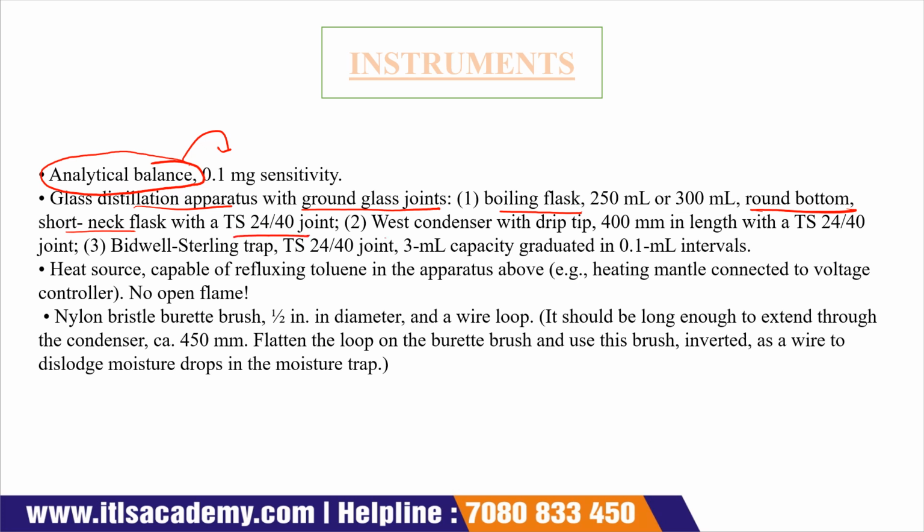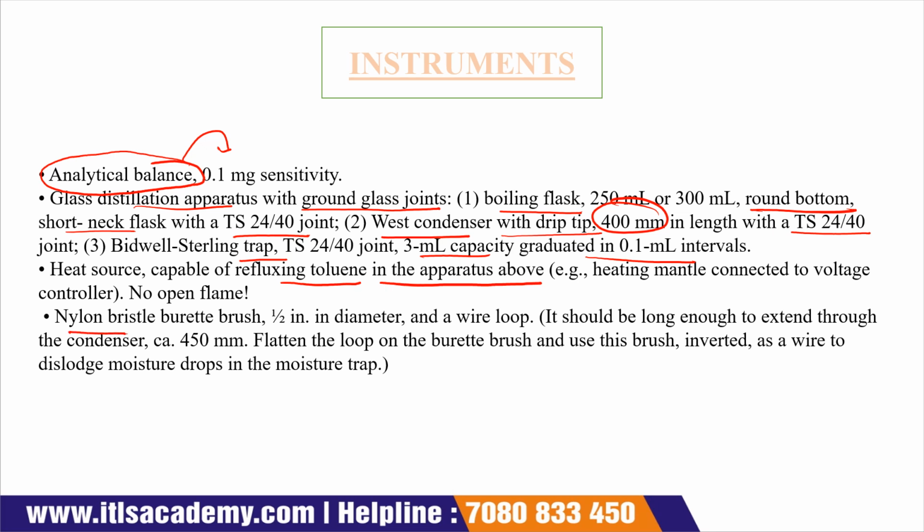We also required a vest condenser with a drip tip whose length is around 400 and with a TS24/40 joint. We also required a Bidwell-Sterling trap, TS24/40 joint, 3 ml capacity, graduated in 0.1 ml intervals. We required a heat source capable of refluxing toluene in the apparatus above, and we also required a nylon Bristol